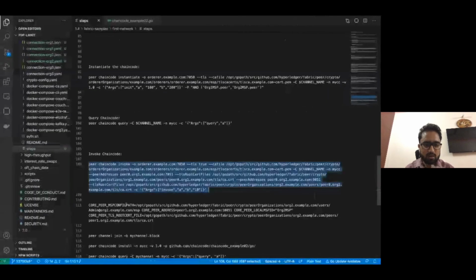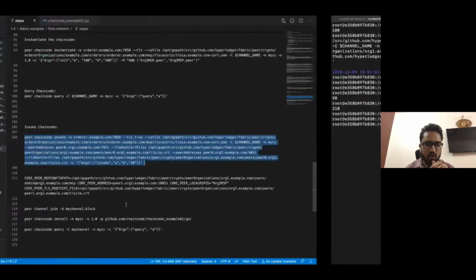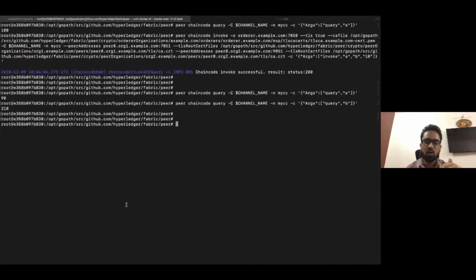So now, right now we have installed the chain code on peer 0 of org1 and peer 0 of org2. Now let's try to query the same thing from peer 1 of org2, because this particular chain code is not installed on that.